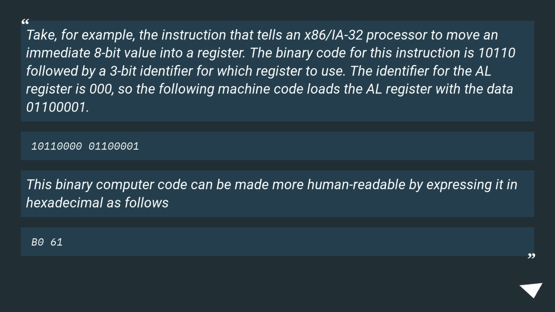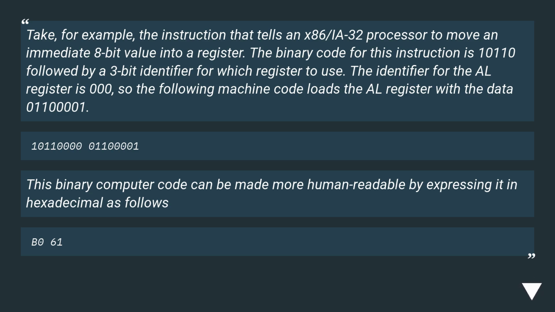Take, for example, the instruction that tells an x86/IA-32 processor to move an immediate 8-bit value into a register. The binary code for this instruction is 10110 followed by a 3-bit identifier for which register to use. The identifier for the AL register is 000, so the following machine code loads the AL register with the data 01100001: 10110000 01100001. This binary computer code can be made more human-readable by expressing it in hexadecimal as follows: